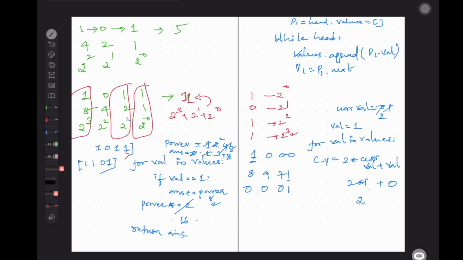Now my bit, where would it have gone? Now next, current value is 2, 2 star 2 is 4. Now my bit would have gone to here, right? Next, LSB will come here. So now my current value would have got updated to 4, right? So 4 star 2, now it has moved to 8.